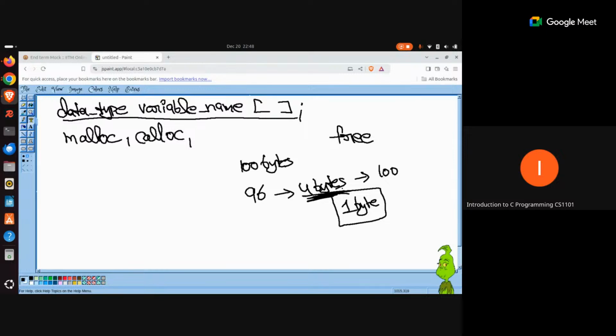As and when you release this memory, the operating system will again say that it has 4 bytes of free memory. And when you request this 1 byte of additional memory, the operating system will be able to fulfill your request because it has 4 bytes of extra memory.